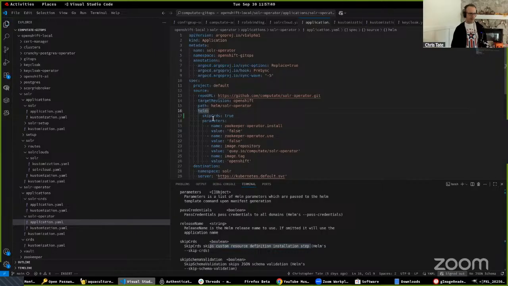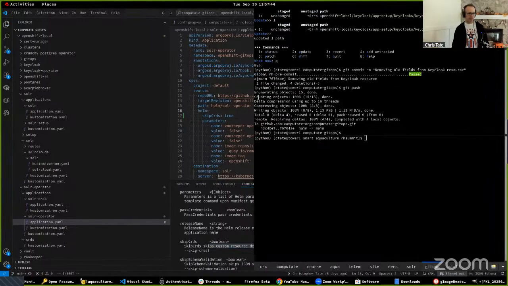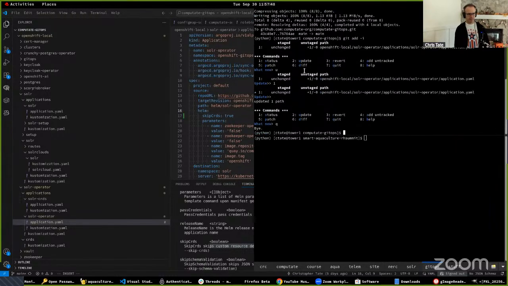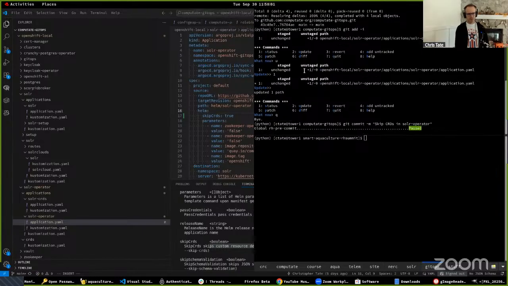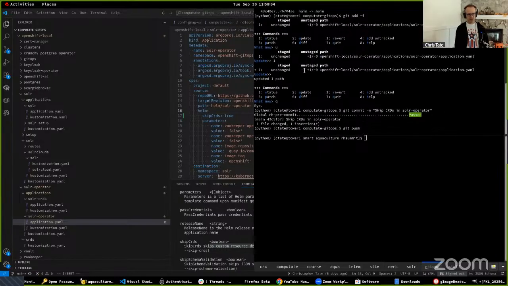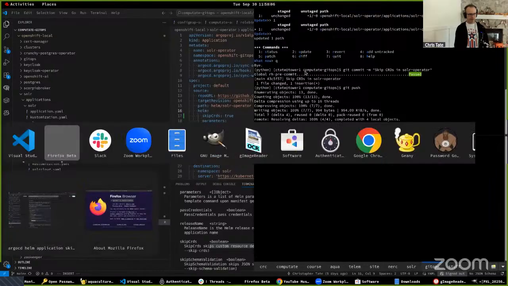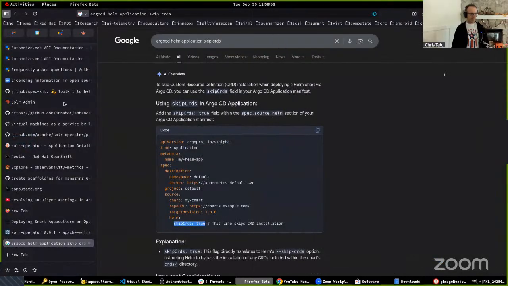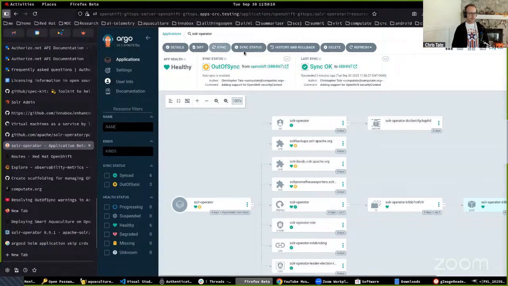So I'm going to add that and git add -i, commit "skip CRDs in Solr operator". I push this, and now I go back to ArgoCD and refresh,